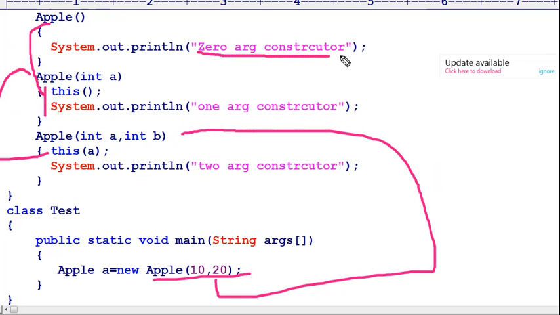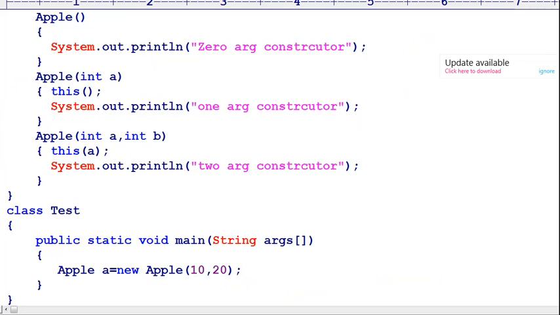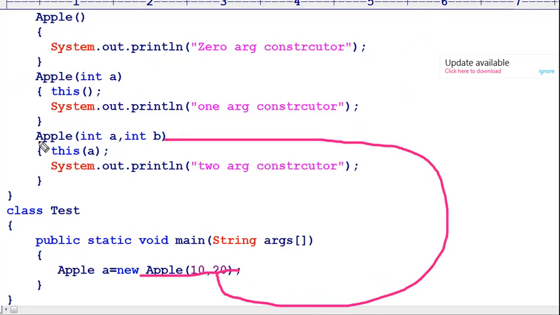So first it executes the zero argument constructor, and after coming from the zero argument constructor to the one argument constructor, the one argument constructor code will be executed, and after returning, the two argument constructor code will be executed. Once again I am representing with a clear presentation. Take a look here. I am calling the two argument constructor, and this will call the one argument constructor.